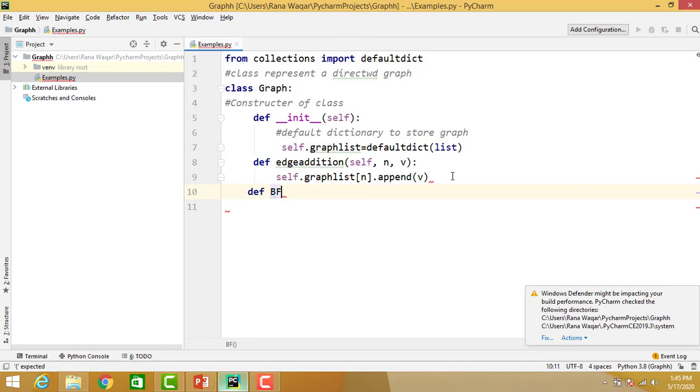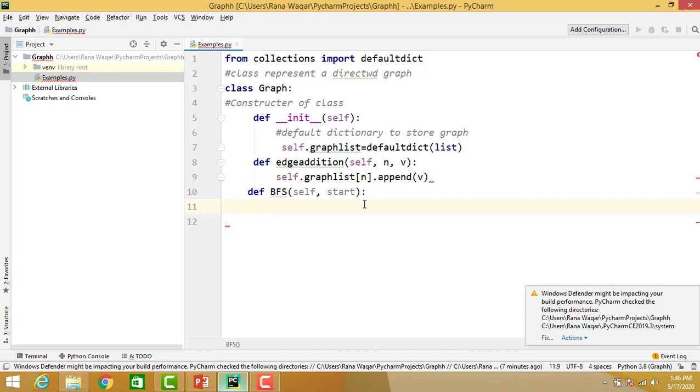def BFS(self. Self is an argument of every class method, so you write it with every function of the class. So self and start of a graph.